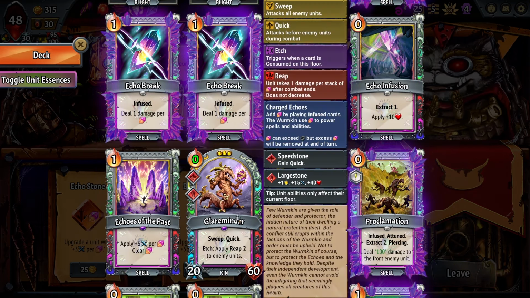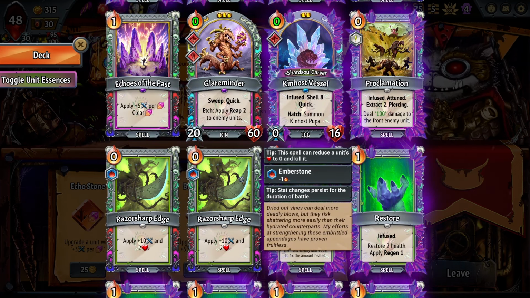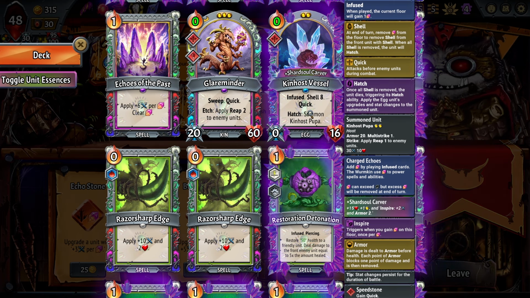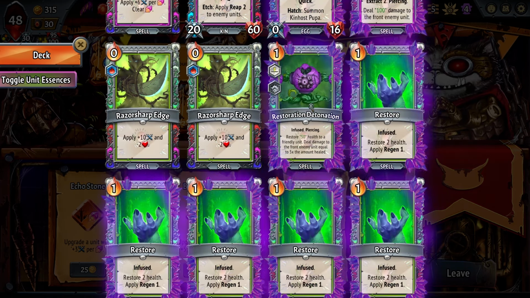They can tank for the Glareminder. Glareminder can tank for Echo Right. We got options. We don't have to rely on Kinhost in that situation. We could just play this on another floor and then slowly hatch it, and then it does what it does. I want the damage out of it, but